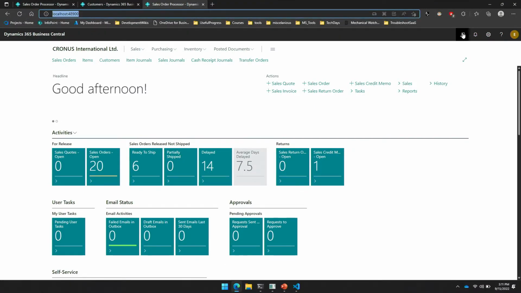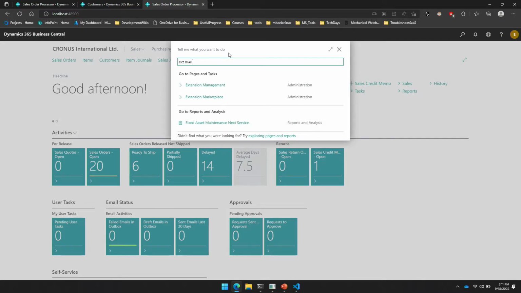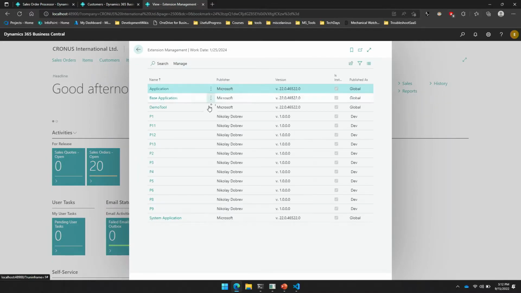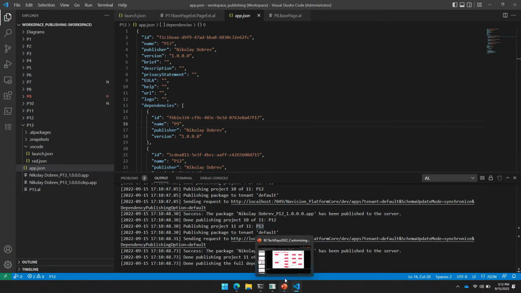Let me prove it for you. If you go to extension management page, I'm going to use some of these extensions later, so you'll see. But yeah, they are published. All of them are here. Okay. So let me talk more about the feature